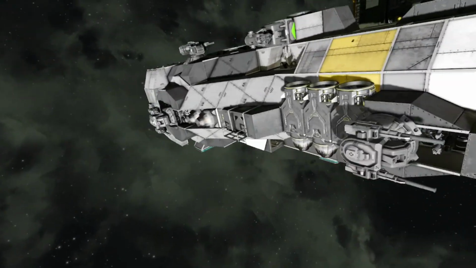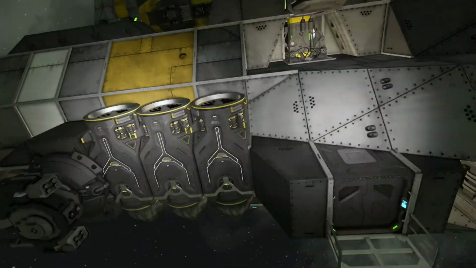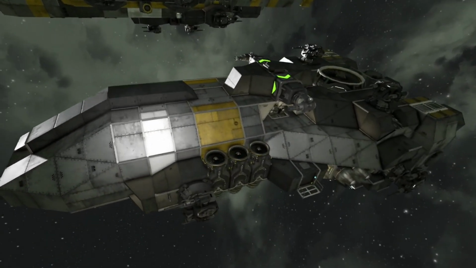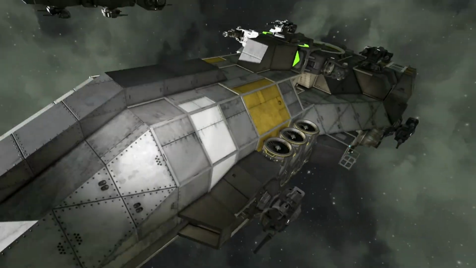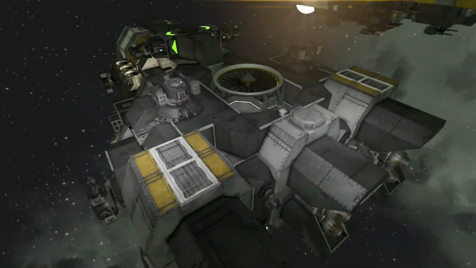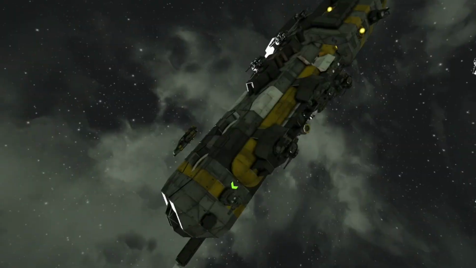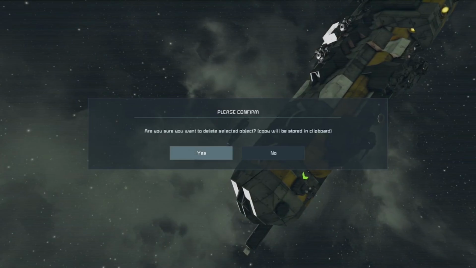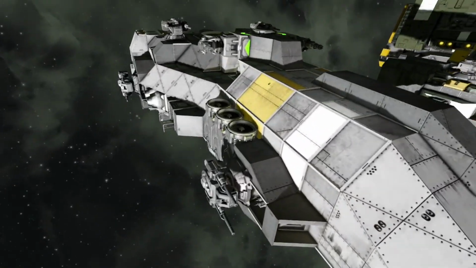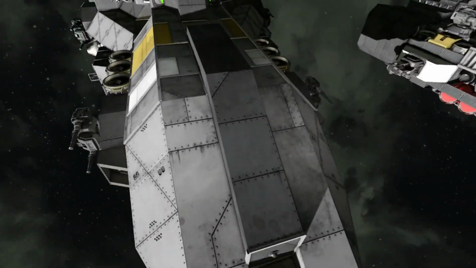This is the CO1D, CO-1D. Once again, CO for Corvette, 1 because it's the first Corvette, and then D because this is the 4th iteration of this specific Corvette. This one was built before this guy, and I had a lot of time to play around with it in